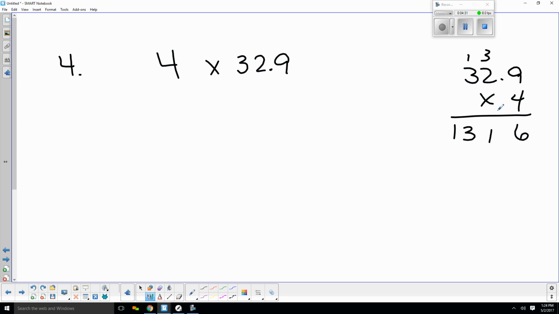When you have decimals in multiplication, remember this is 1 spot from the end. This one didn't go anywhere, so that was a total of 1. So from the end of my problem, I'm going to come in 1. So I have